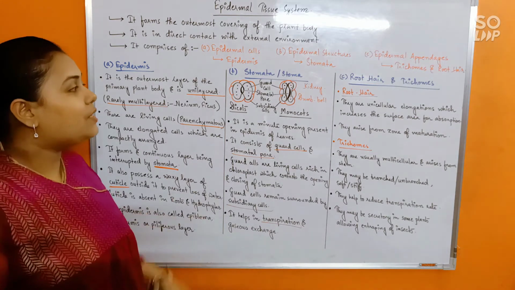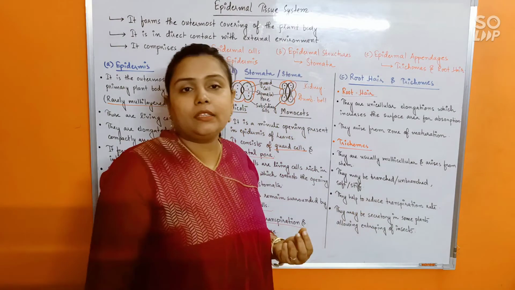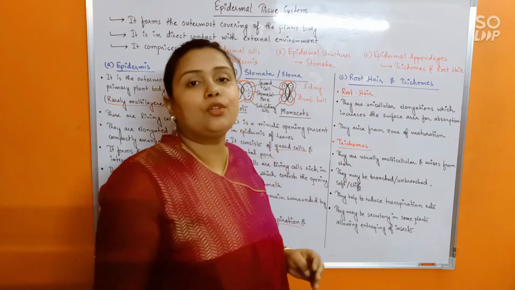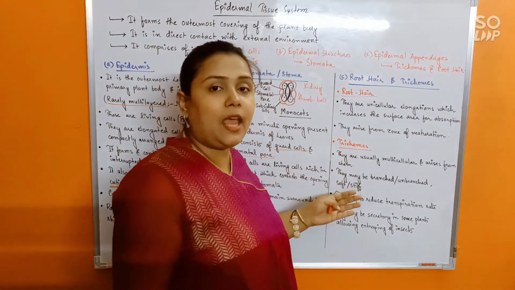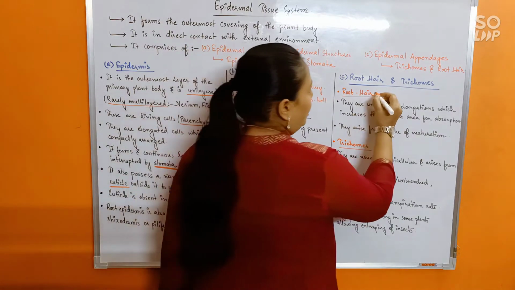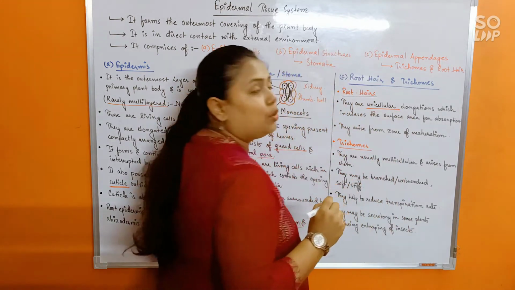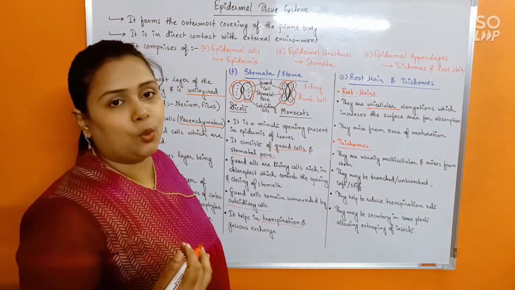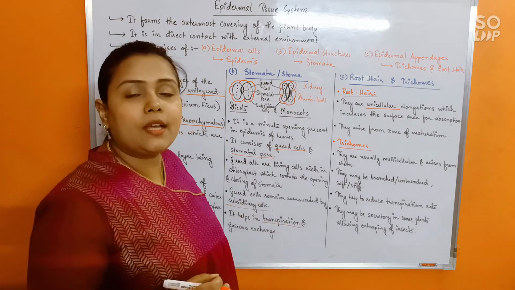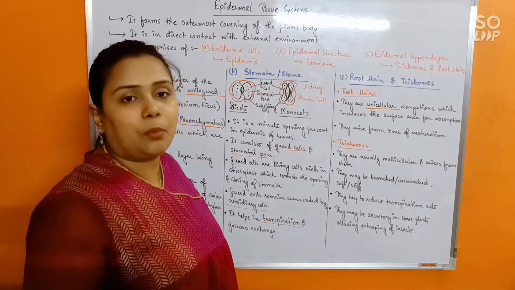Fine. And the last we are going to discuss are certain epidermal appendages that are hair-like or certain minute projections arising from the epidermis. In case of root, we call them root hairs, and in case of stem, when they arise, we call them trichomes. Now, first starting with root hairs. It is unicellular, very, very important. That's how you differentiate root hair and trichome, because trichomes are mostly multicellular. The root hairs are unicellular and trichomes would be multicellular.